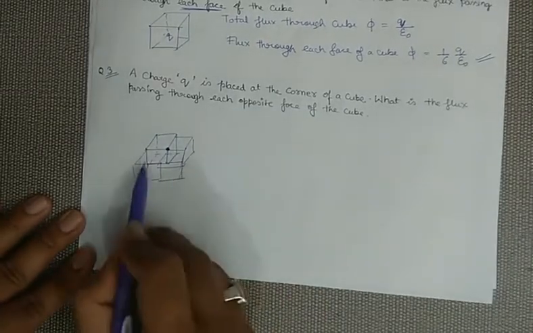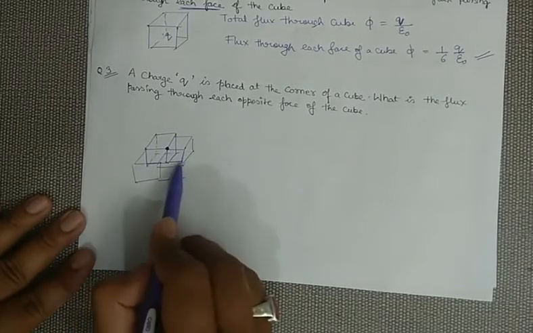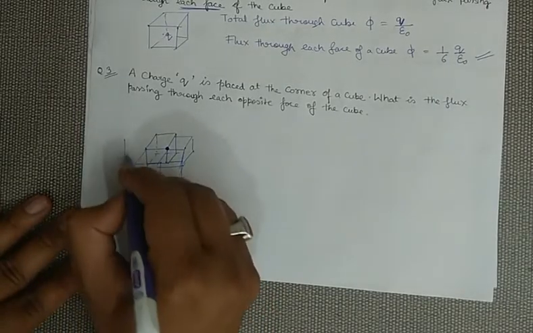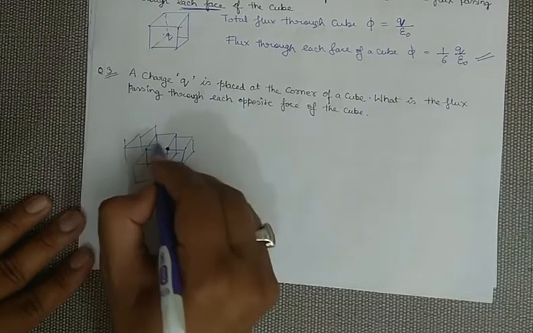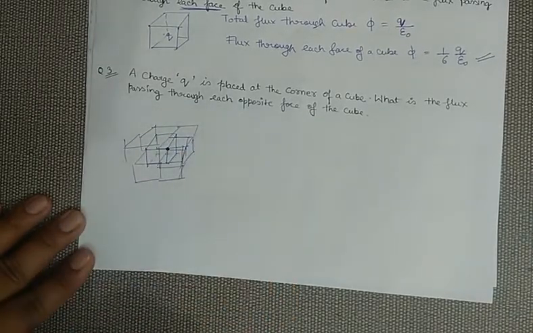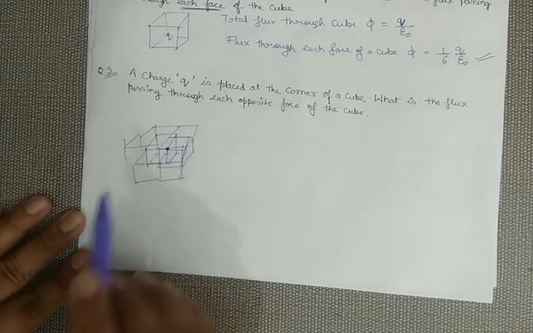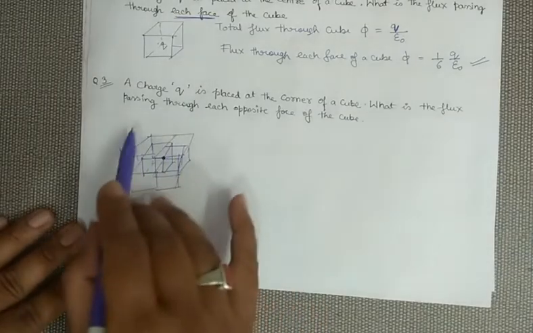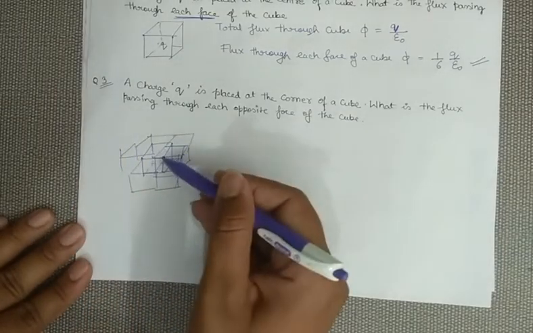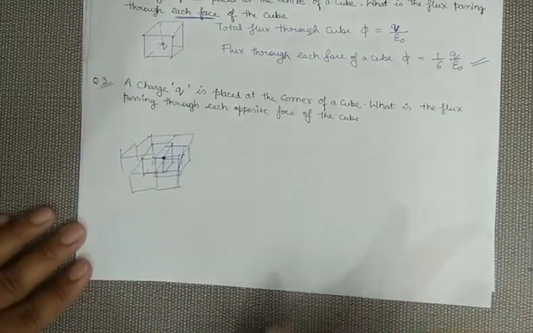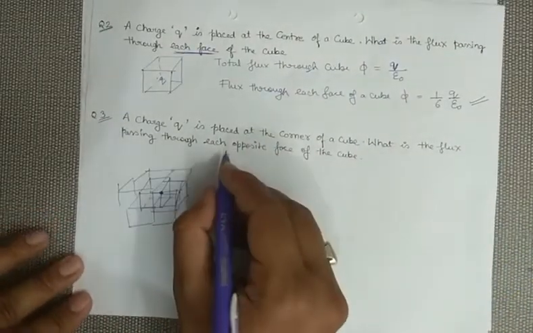So I think if you see, there are total 4 cubes in downward. These 4 cubes in down, and similarly I have to take the 4 cubes in upward direction also. So there are total how many cubes we are taking? 4 cubes up and 4 cubes down. So there are total 8 cubes. Using these 8 cubes, this center charge is completely surrounded, means I have enclosed the charge. So moving to our approach.